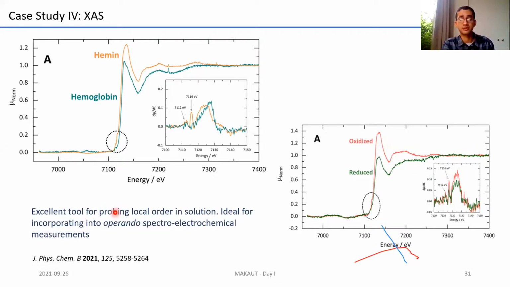It requires access to synchrotron facilities, but this is also very useful if you're doing operando experiments, if you're interested in fascinating areas of chemistry like catalysis and so on and so forth. And it gives you much more information than UV-visible, especially in the local domain of the chemistry. And this is also a very interesting tool that you can use.